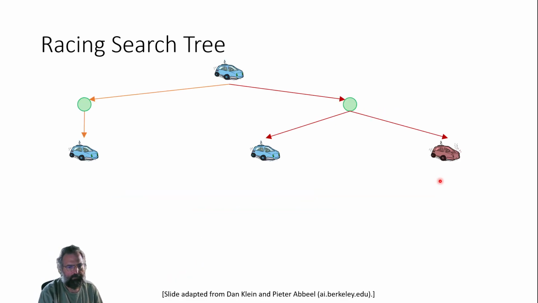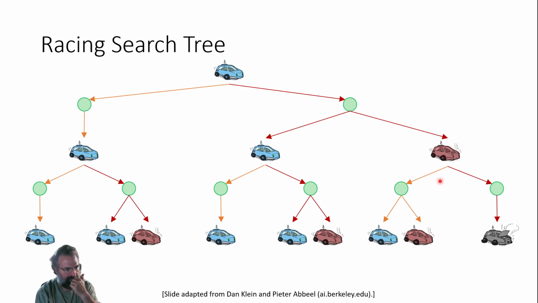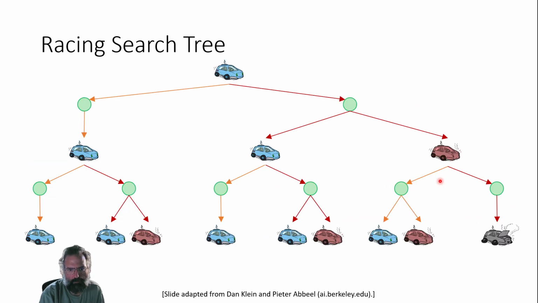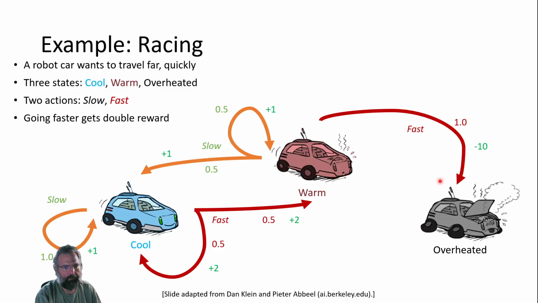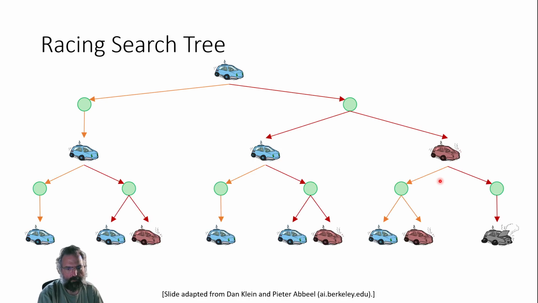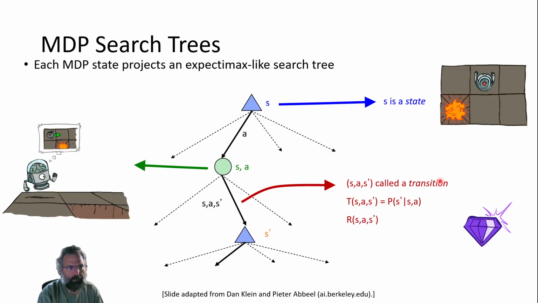So you end up with a race, essentially a search tree for your race, with the various cases you could end up with of going fast or, what's the other, slow. And obviously when you go fast, you're going to overheat your car eventually, is the basic idea. So whenever you come up with these various state projections, you end up with an expectimax-like search tree, where you're going through and looking for various states,